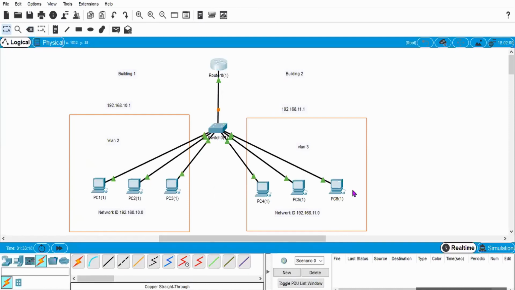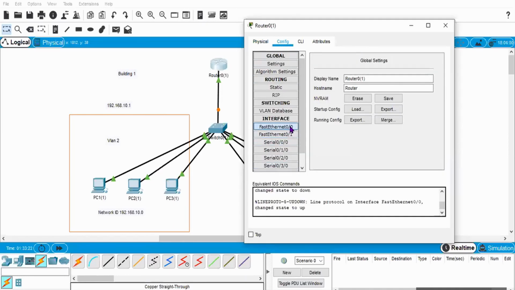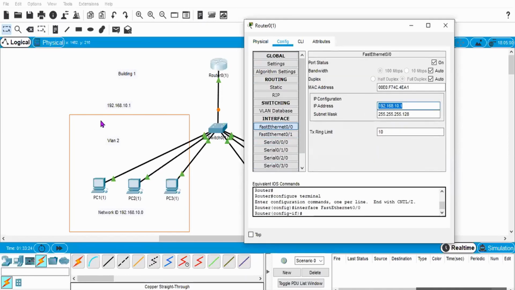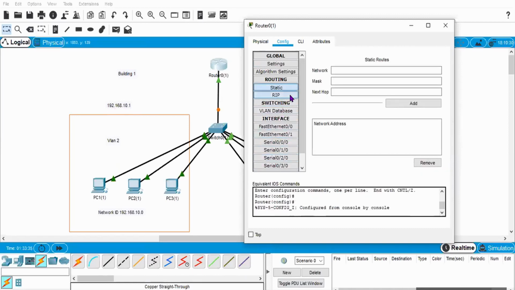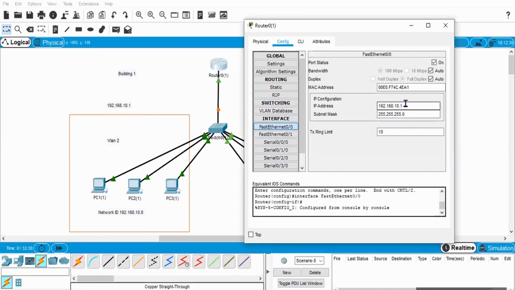Now I need to go to this FastEthernet 0/0, and I need to give the default gateway 192.168.10.1, and 255.255.255.0, and turn it on. So I have defined 192.168.10.1 as the default gateway of all the PCs of building 1.